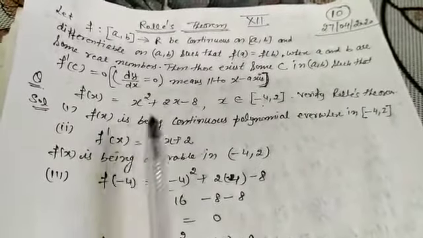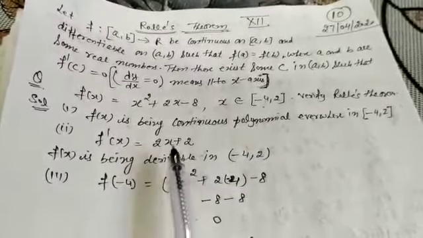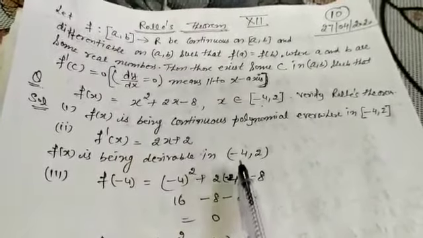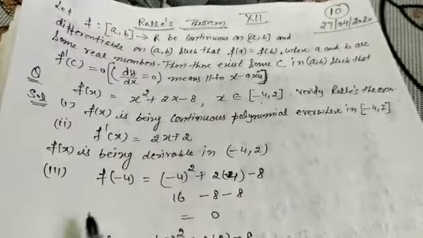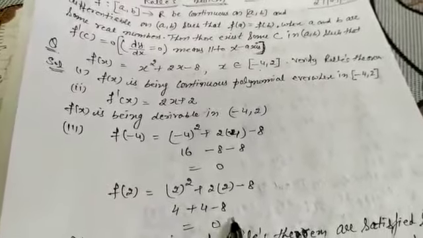f'(x), the derivative of the function, is 2x plus 2, so the function is also differentiable, meaning the derivative exists. There is no value of x between minus 4 and 2 at which the function fails these conditions. Third condition: f(a), the value of the function at minus 4, we substitute, and it comes out to be 0. f(b), at 2, again substituting, is also equal to 0. These two values must be the same. It is not necessary that it is 0 every time; whatever the result, it should be the same.